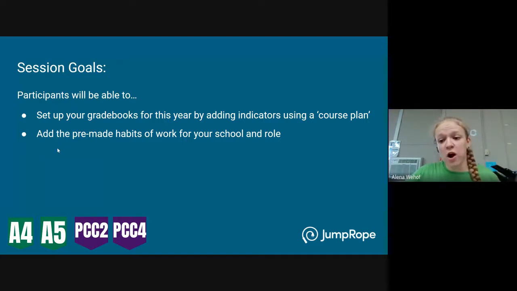The transferable skills are still all loaded into JumpRope because there are a couple of courses, schools, or individuals that may still need to access them for different things. You can still choose to tag and use the transferable skills, but as an SU, there's not an expectation for this school year around reporting transferable skills in JumpRope.